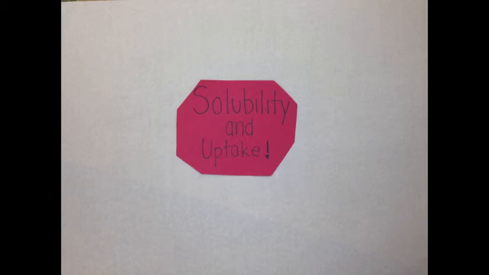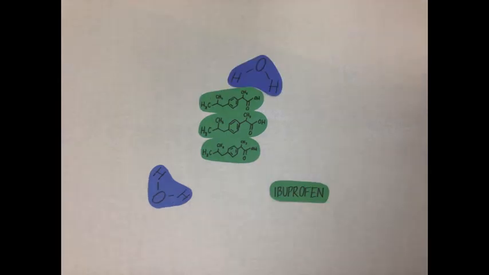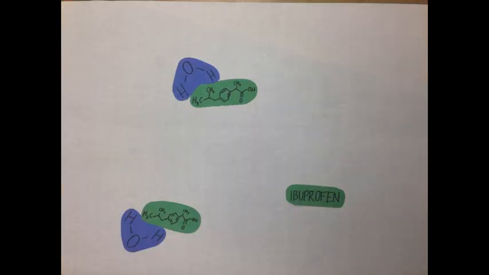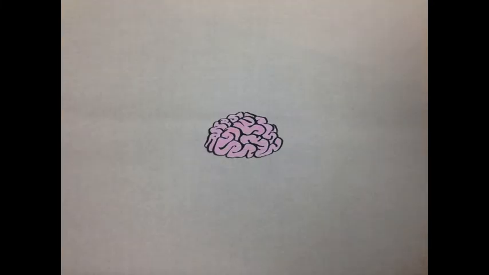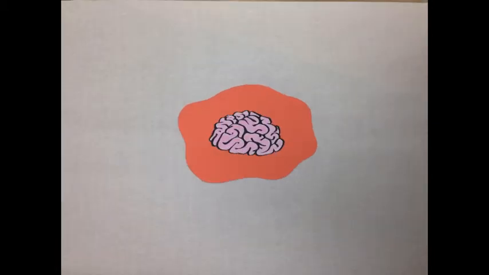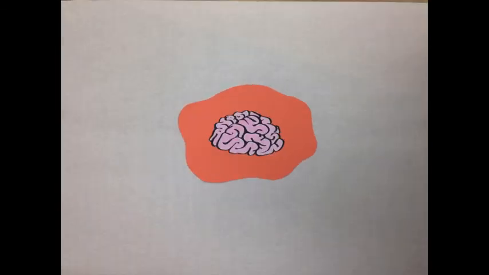Solubility and uptake. One thing that needs to be considered when looking at the action of a drug is how efficiently it can move throughout the body to reach its receptors. Most drugs that are soluble can be transported relatively easily throughout the body, which is an aqueous environment. However, if the drug is meant to reach the central nervous system, then the drug needs to reach the brain cells. But the human brain is surrounded by a membrane-bound structure known as the blood-brain barrier. This barrier protects the brain by restricting which chemicals can enter from the blood. It is hydrophobic and nonpolar, so for a drug to be able to penetrate this barrier, it must be more nonpolar, but still polar enough to be soluble to